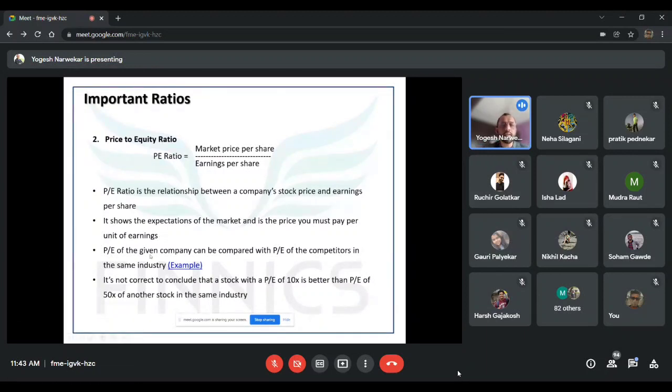So the P/E of a given company can be compared with the P/E of the competitors in the same industry. I will show you the example. And again, it is not correct, if you are just comparing the P/E ratio,